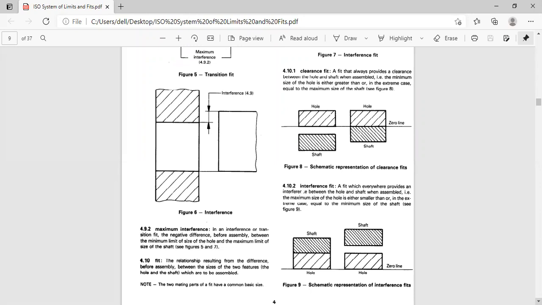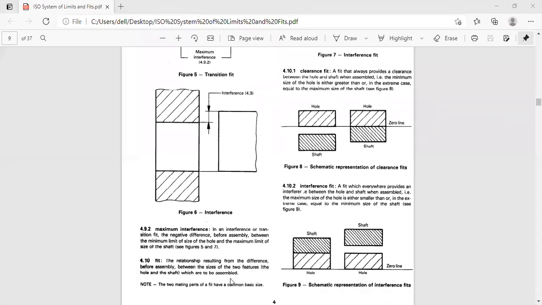If you remember that concept, it is very easy to solve the problems. As I already told you, if you do a number of problems, depending upon your expertise or experience, you can easily know that it is a clearance fit. While calculating, you have to be very careful, and if at the end, instead of a clearance fit, you are getting a transition fit, then you can go back and check your problem.